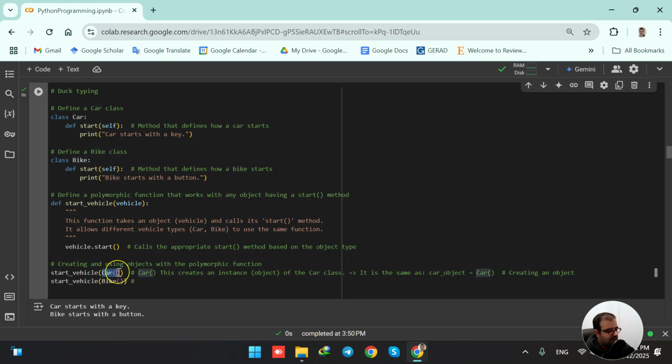Basically, this part, Car with empty parentheses, creates an object of the Car class. It's the same as this one. Okay, it's the same as this one: car underscore object equals Car. So we used to create an object like this, but using it here, it's exactly the same as this one. So we are creating an object of the Car class,